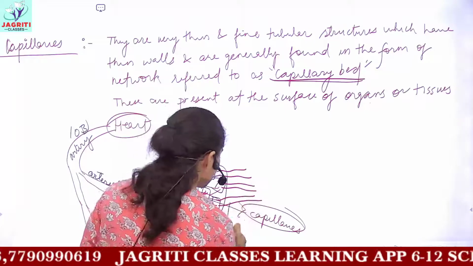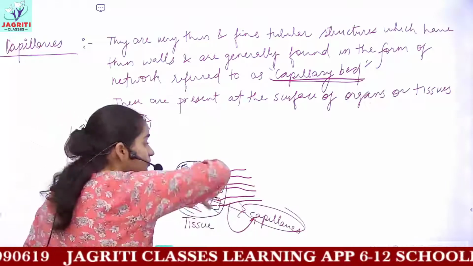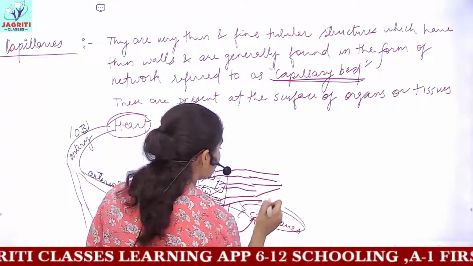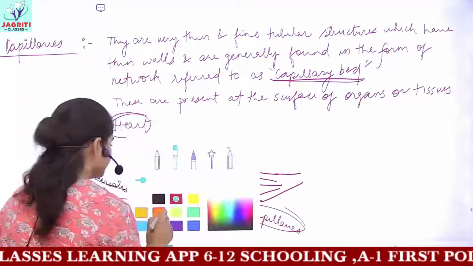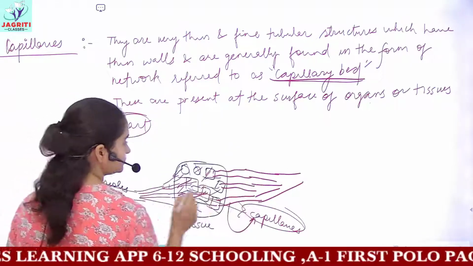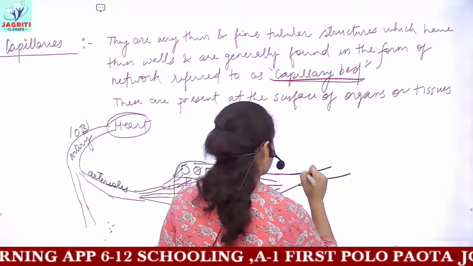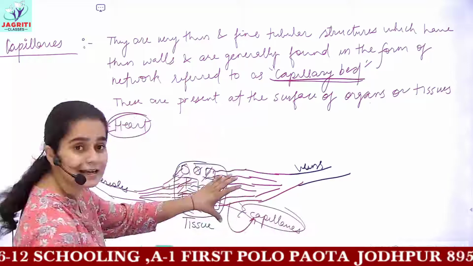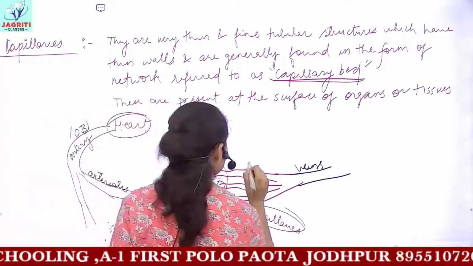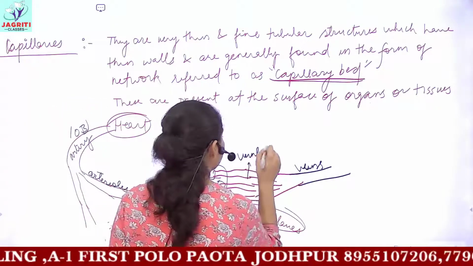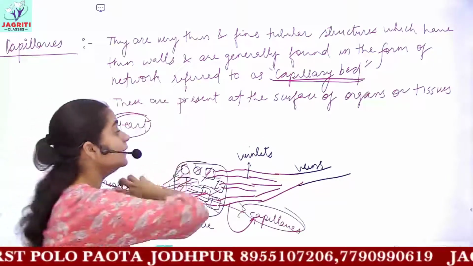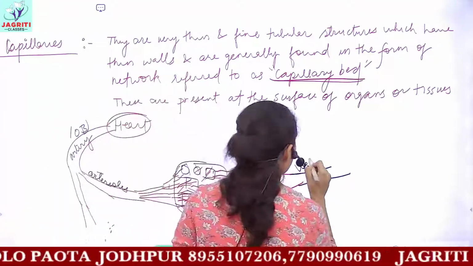So these are again the capillaries which are carrying away the waste materials, and now these capillaries unite together to form a common blood vessel. And this blood vessel is called the veins. First, these capillaries will unite to form thin blood vessels called the veinlets, and now these veinlets will combine together to form a large blood vessel which is your veins.